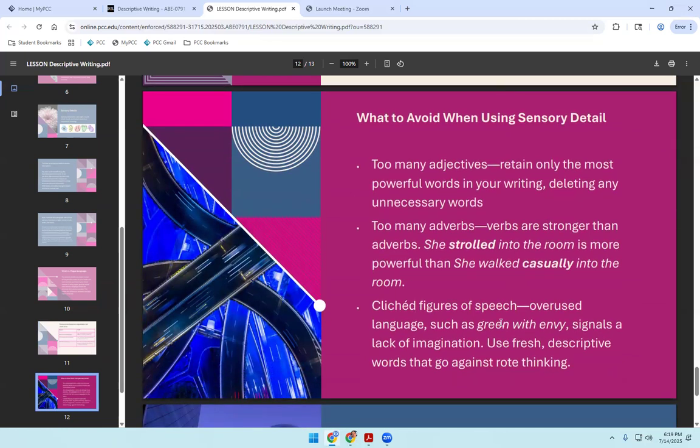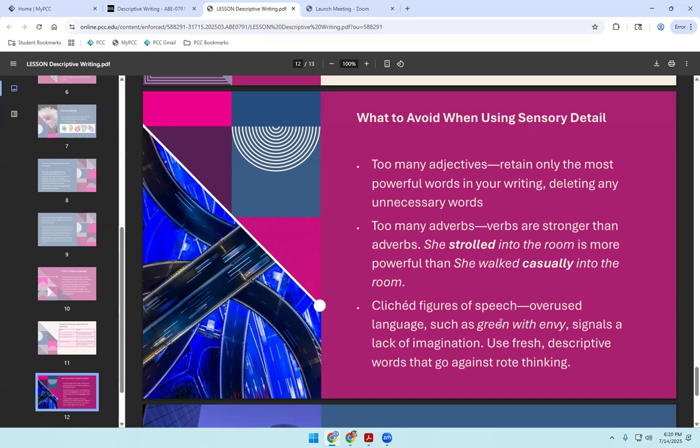We also have to think about what we want to avoid when we're using sensory detail. Sometimes we get a little carried away and we want to have so many adjectives or descriptive words that we're kind of getting lost in the excessive or unnecessary words. We might have too many adverbs. We're trying to modify or explain how someone ran, for example, when we could have just said sprint from the start. Then we don't have to say ran quickly, ran, we don't have to describe, we don't have to use more words because we found the right one from the beginning.